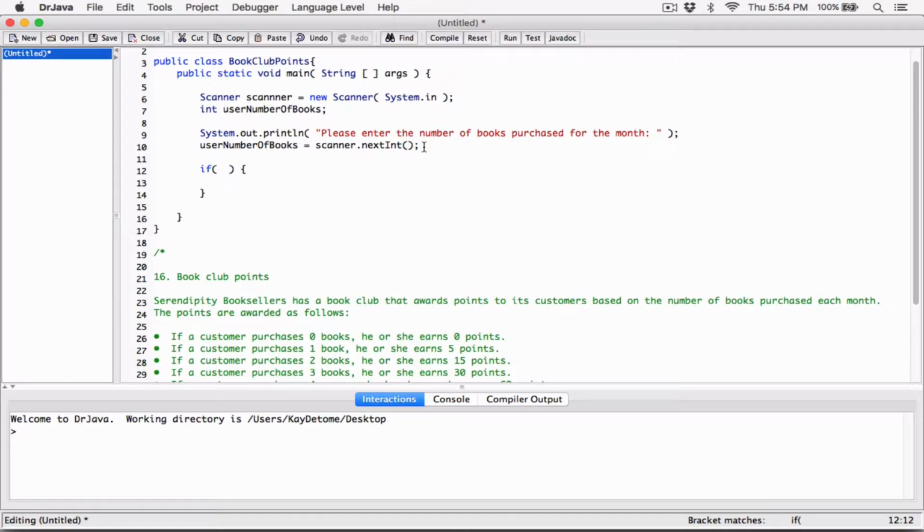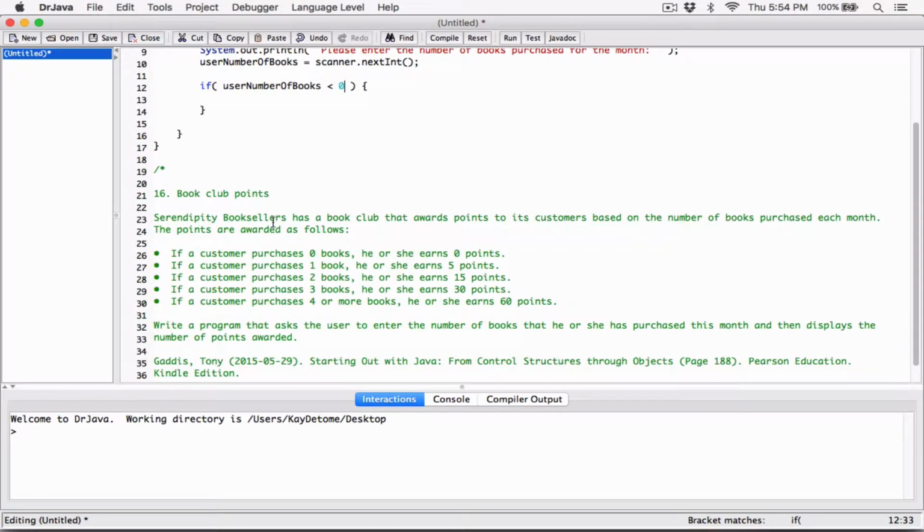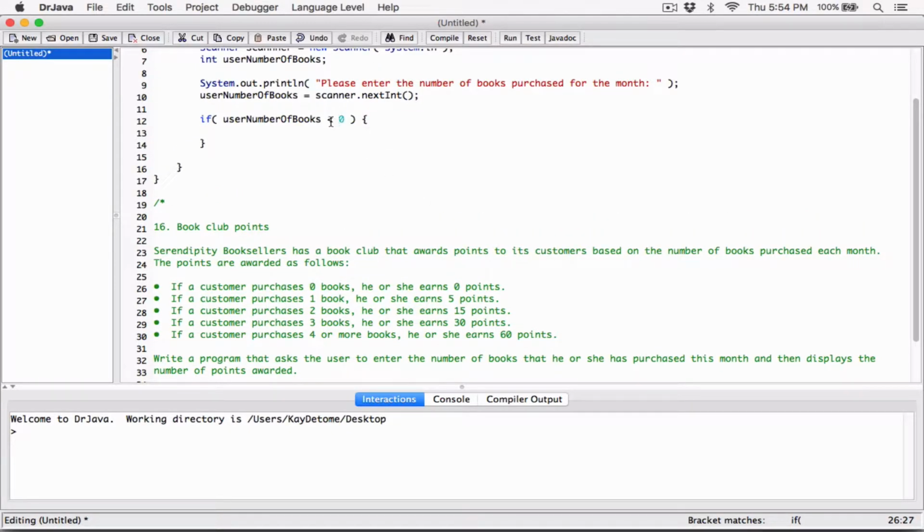I'm going to use an if statement and check the user's number of books. I'm going to see if the user number of books is less than 0, because over here the program starts from 0. It says if the books you purchase are 0, then you're earning 0 points. So for anything less than 0, if the user types in -1, then the program should go ahead and say that